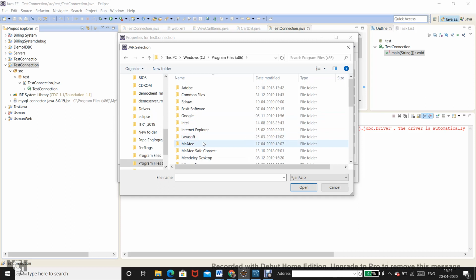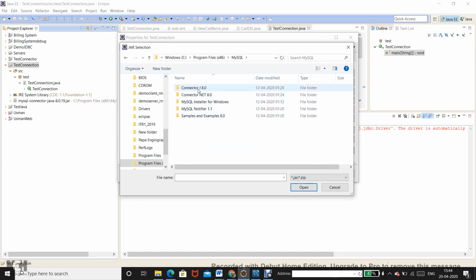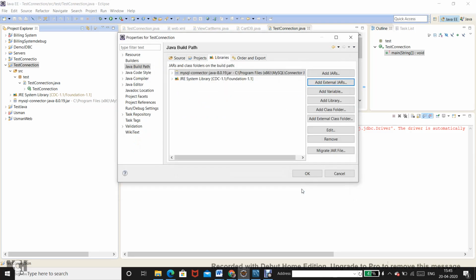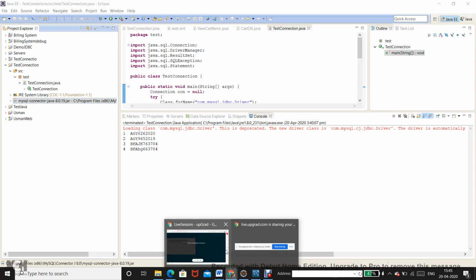You have to get inside it and go for the MySQL folder. Here you can see the MySQL folder, and then you see these different connectors. This is the connector for .NET, this is the connector for Java. Now I will go for the Java connector, and this is the one that I need to select, then press the Open button, and it appears in my build path, and once I say OK, it is there. So this is one step that you need to do before you run any of the programs. Let me see if any questions are there.